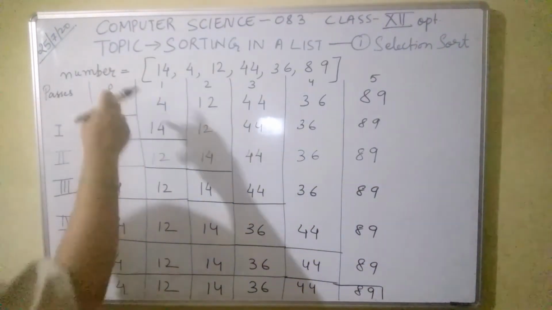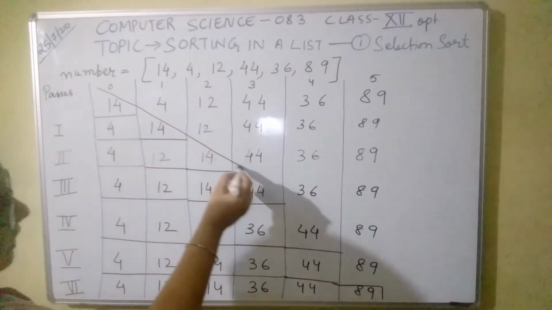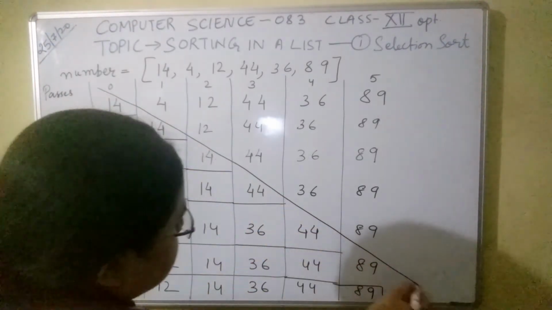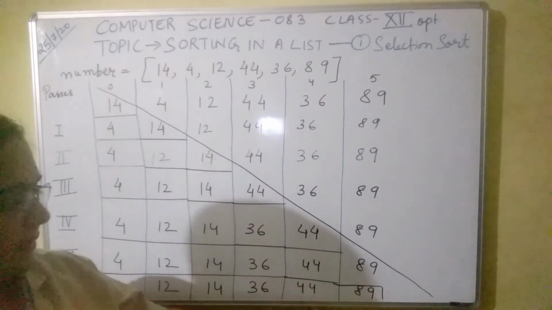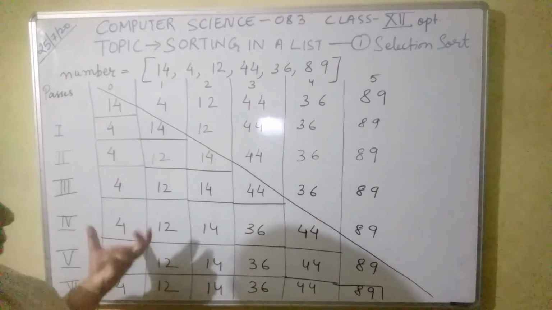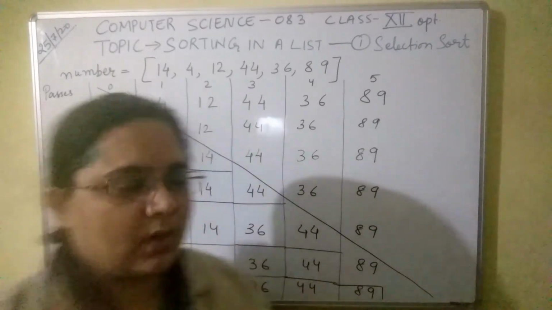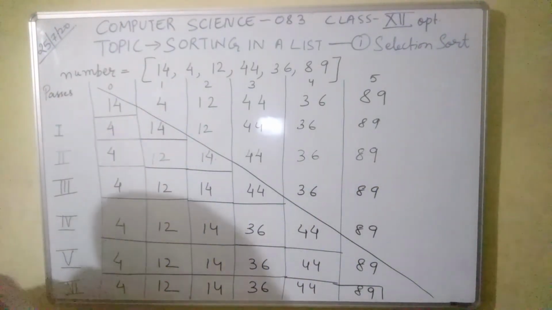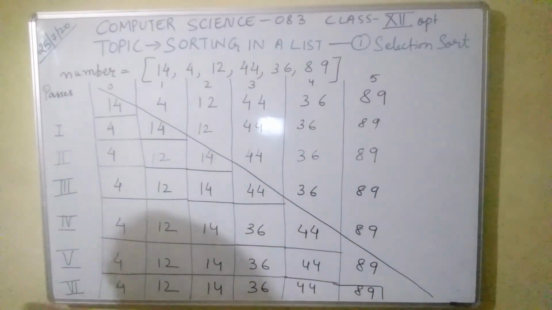So now you can see how your elements are sorted. You can see this small graph running down. So all elements are sorted in this way. That is, the smallest element, then the next smallest element, is always fixed at the beginning of the list. Now we will proceed to making the program for it.